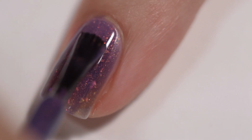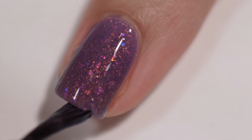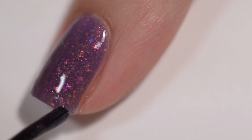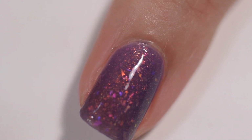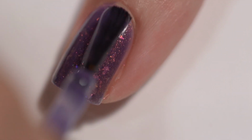This polish had an absolutely excellent formula. It went on very smoothly and very evenly. It stayed right where I put it. I had no application issues. There was no running. I had no pooling. I had no staining. This polish was pretty much opaque for me in 2, but I know that when I